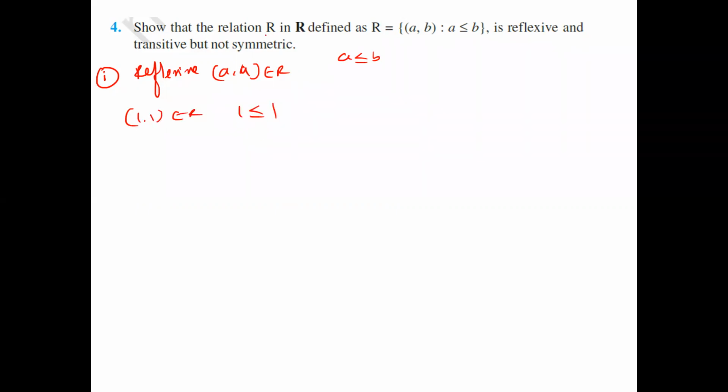And here the given number is a real number. You can take any number. If you want, you can take 1/3 also, no problem. So 1/3 is less than or equal to 1/3. Yes. So any number satisfies this condition, since equality is there. Therefore, what is the conclusion? R is reflexive. Second one, symmetric.